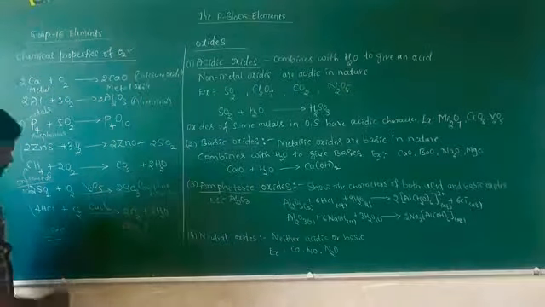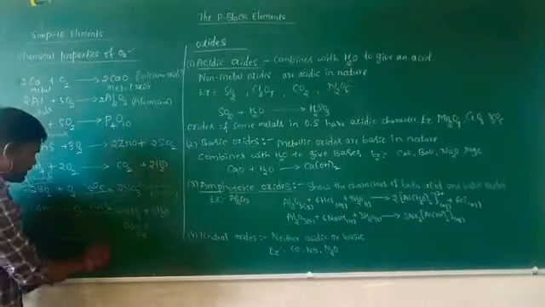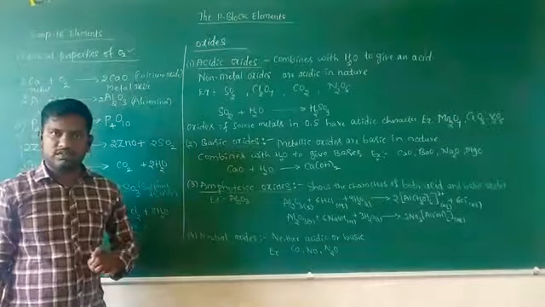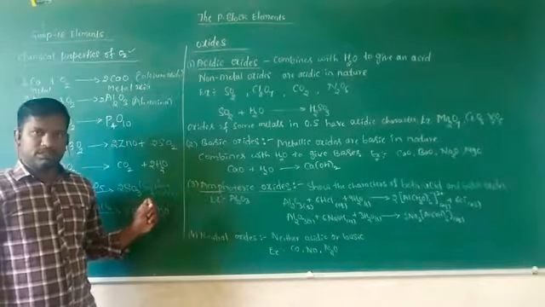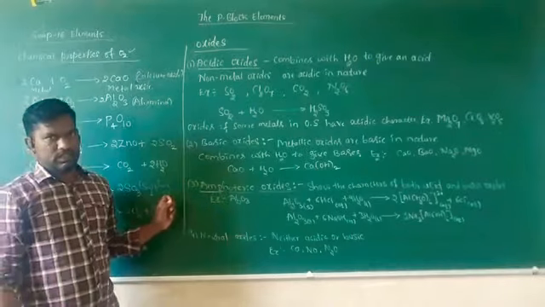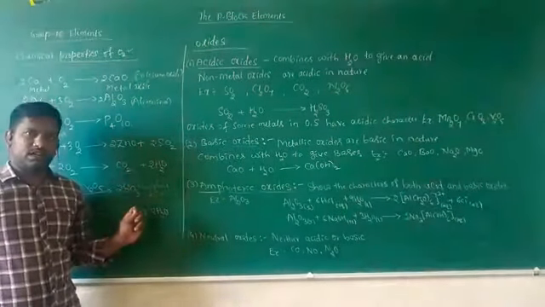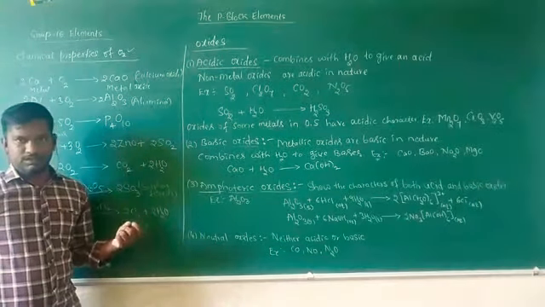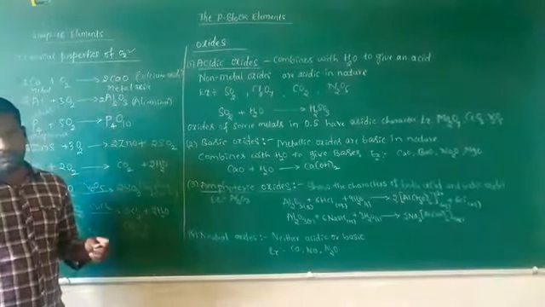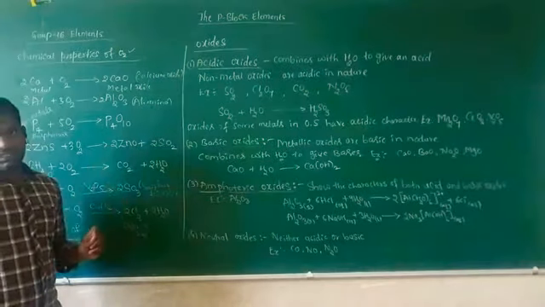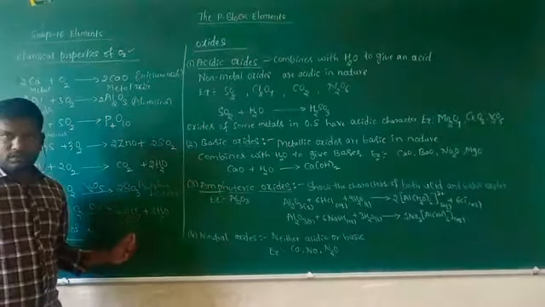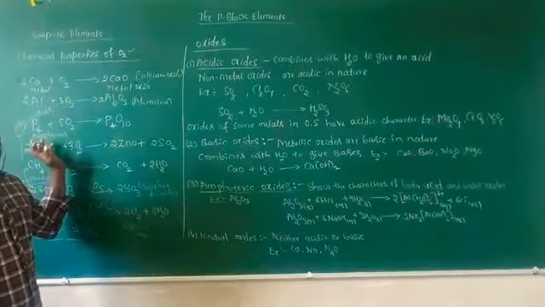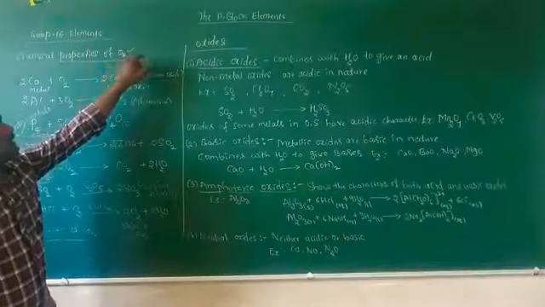Then what are the uses of dioxygen, O2? O2 is very essential for respiration, and dissolved oxygen is essential for aquatic life. Dioxygen is used in hospital cylinders, by mountain climbers and scuba divers. And liquid oxygen is used as an oxidant for rocket propellant. These are some uses of dioxygen, O2.